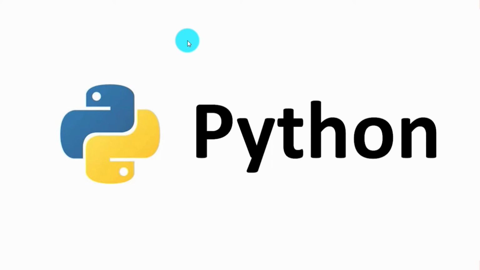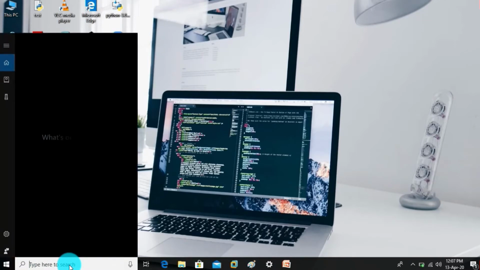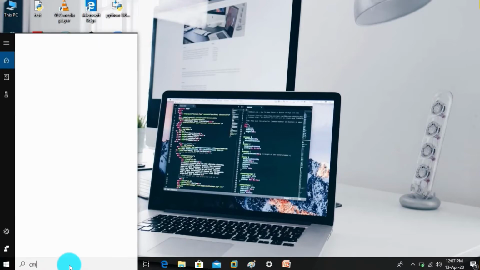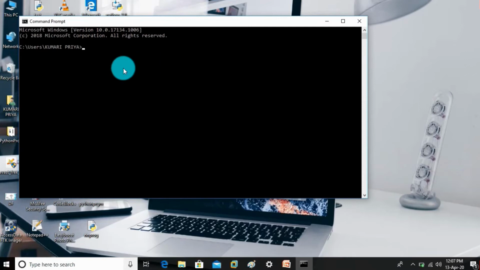Now let's see how interactive mode actually works. So I'm going to show you how to use CMD, Python Shell, and Python IDLE as an interactive mode one by one. Let's begin with CMD first. So first of all, you need to open command prompt. Now type python to get access to the Python interpreter.